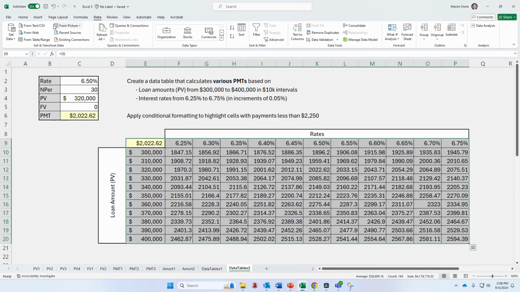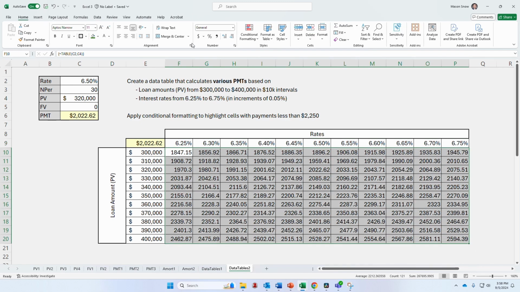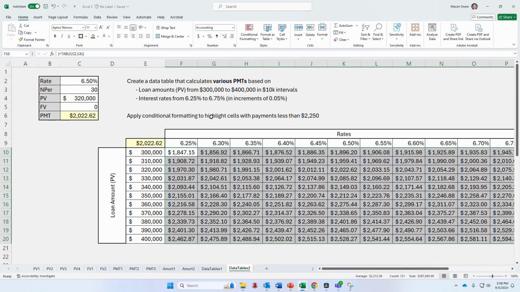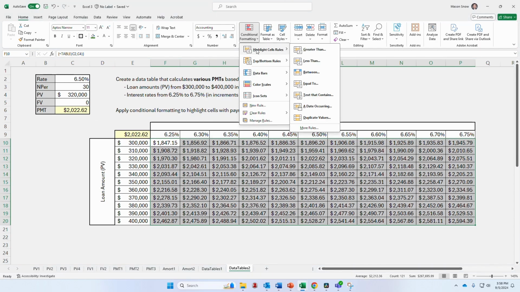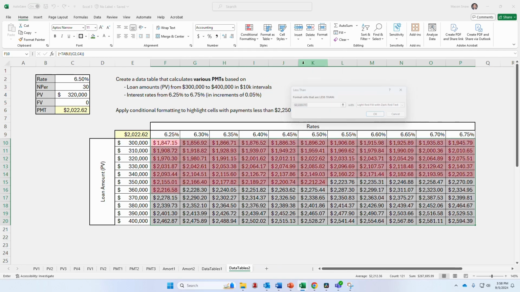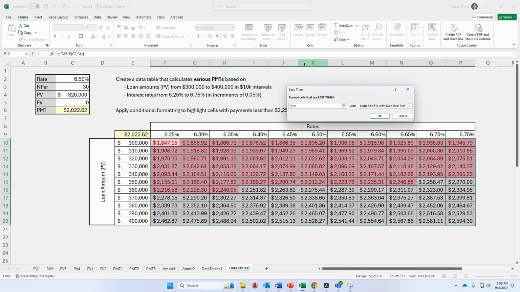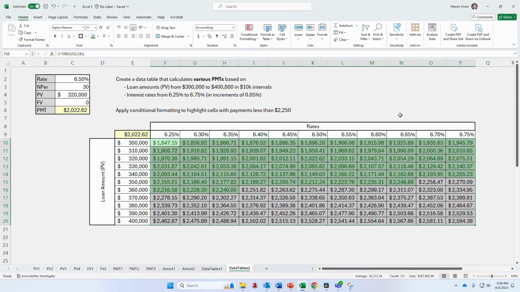Awesome. Let me change these to dollar amounts. I'll go to Home, format these as dollars, zoom out so we can see all of them. And lastly, I'll apply conditional formatting to highlight cells that are less than 2250. Make them green just for you. So now we can see that in the